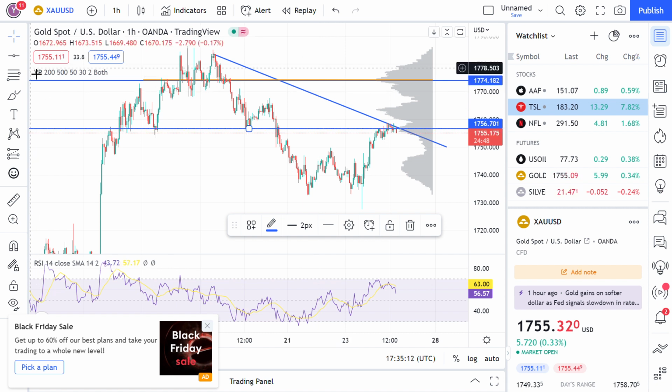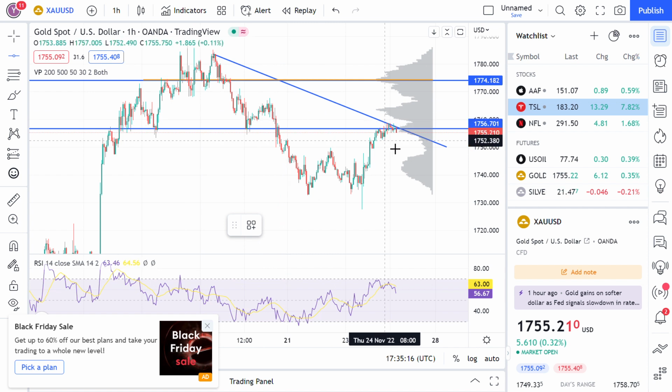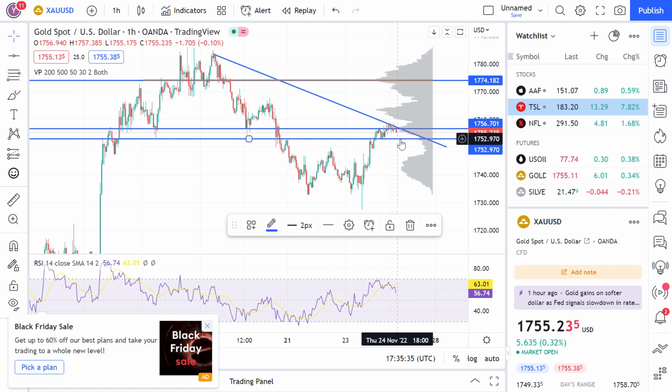Now we go towards finding out the next possible support areas, through which, if this resistance is not broken down, the market comes down to its level of supports. So looking at this chart, currently our price is $1755. So let's find out the support which is below the current price. So looking at this